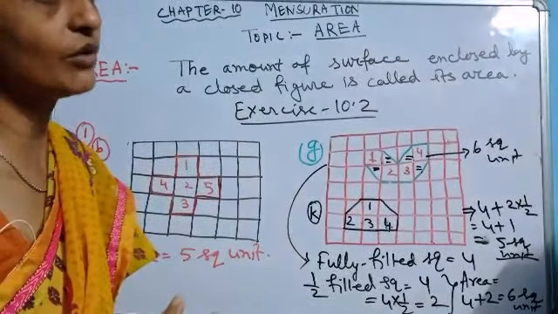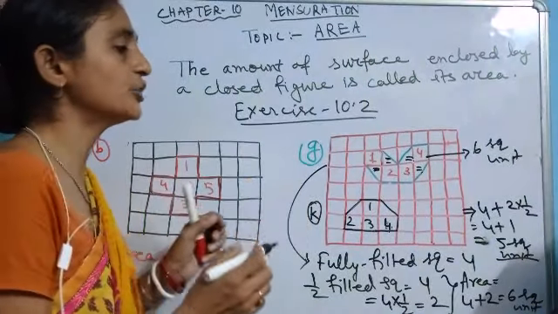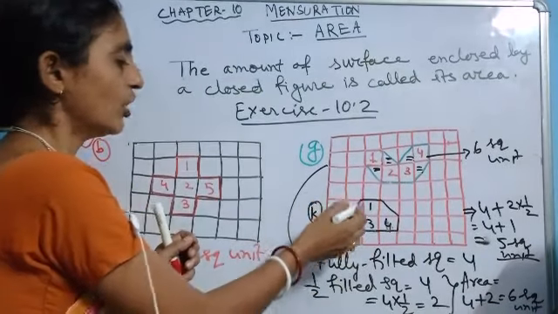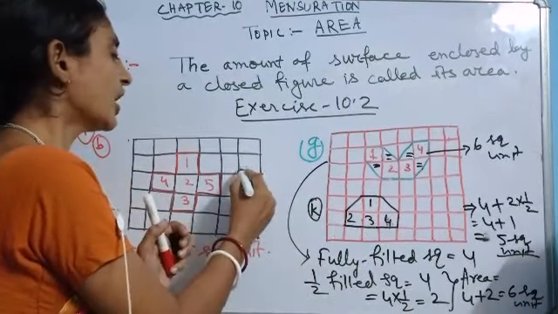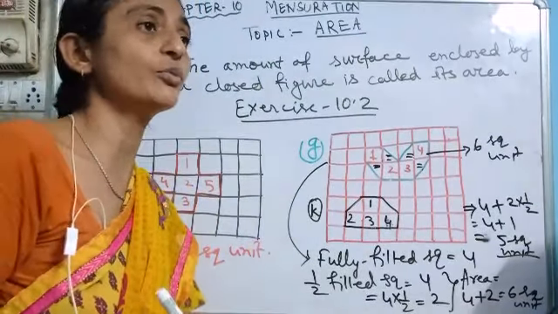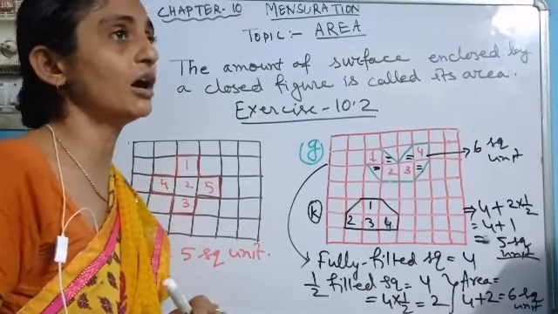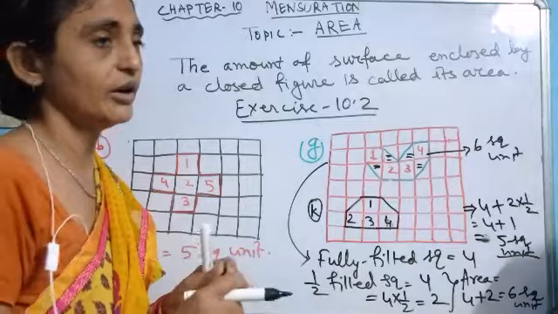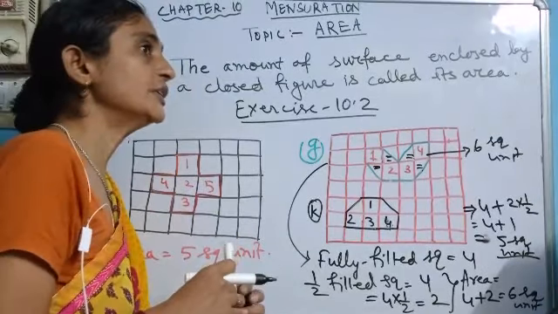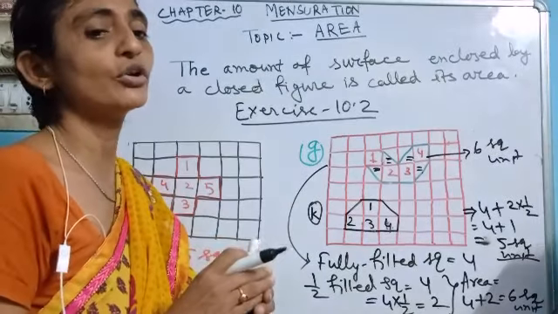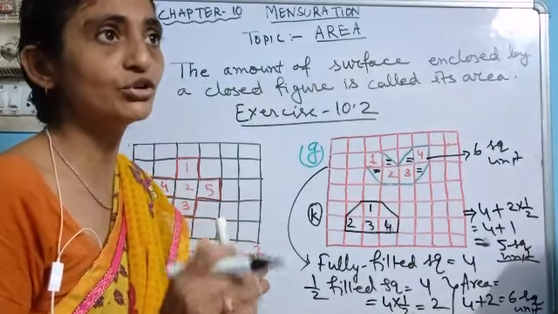Okay, somewhere you may get that some part has been given from a drawing or a diagram that covers more than half. What will you consider? If you are getting this kind of part, then that more than half will be considered as full. It will be considered as 1. But if you are getting less than half, it will be considered as not half or not a complete one. So we will ignore this one.